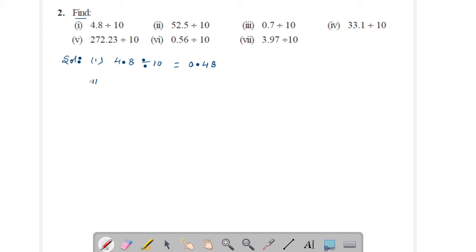Now second part, 52.5 divided by 10 equal to, here in 10 there is 1 zero, therefore the decimal will shift towards left hand side one digit. This can be written as 5.25. This is your answer. Then come to third part,